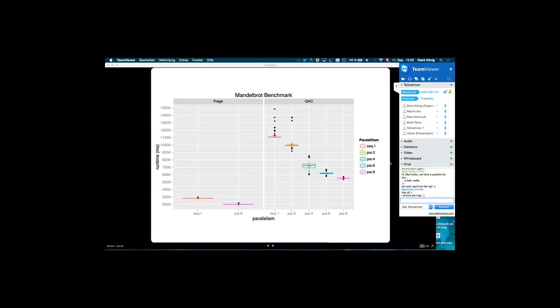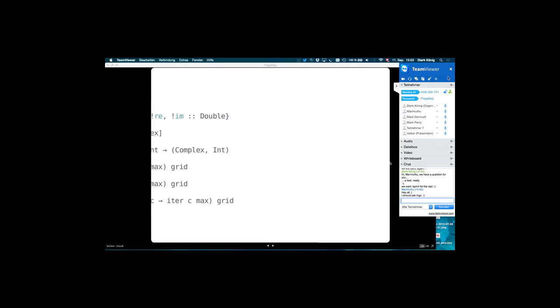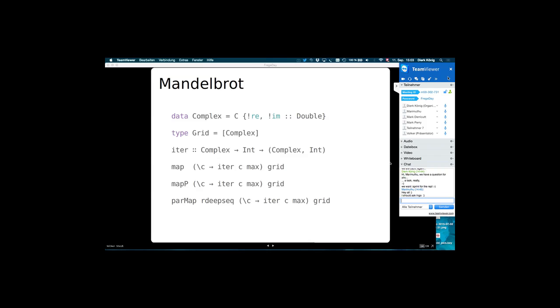I wanted to talk about this later, but I can do it now. As you see on this previous slide, we are now using this strictly. Before, I had used the pair because it's a pair of numbers, so I thought I should use a pair.